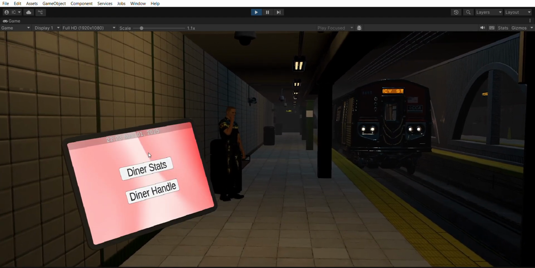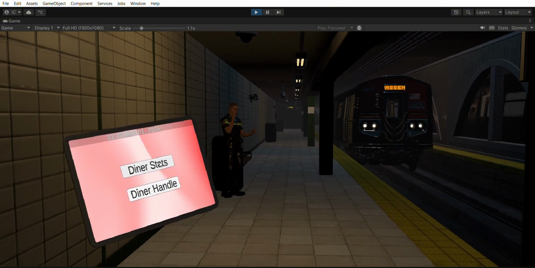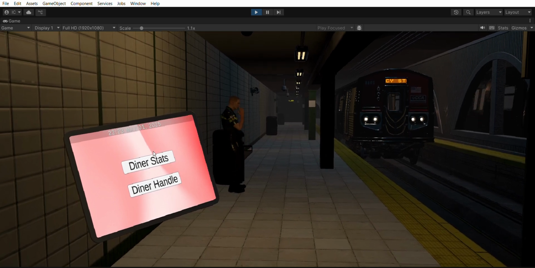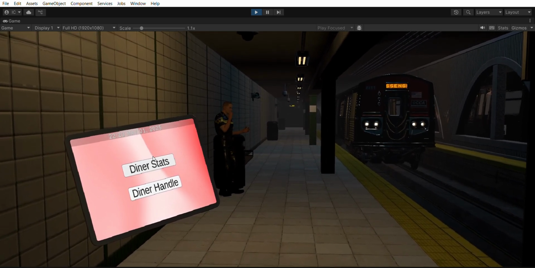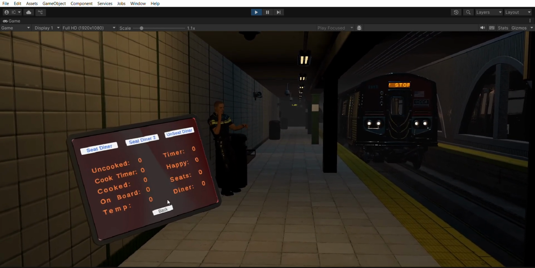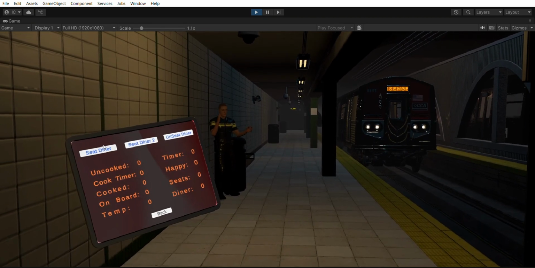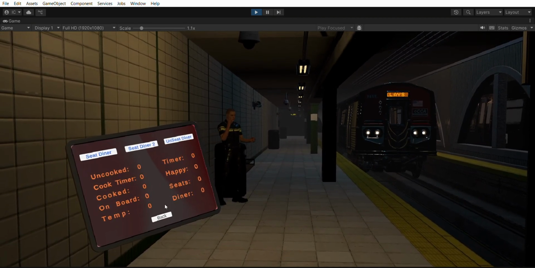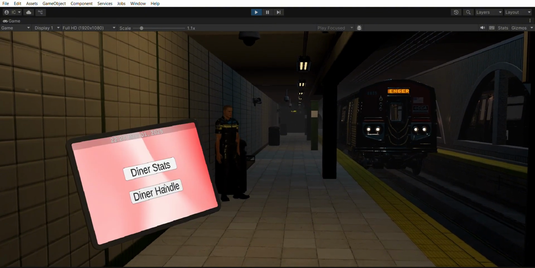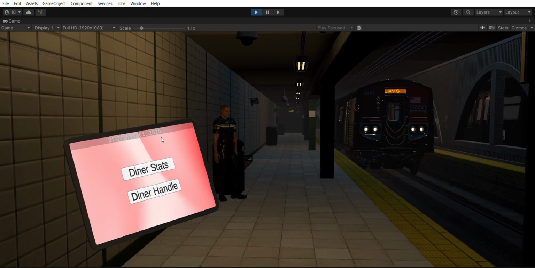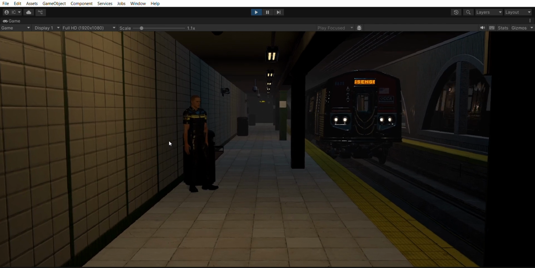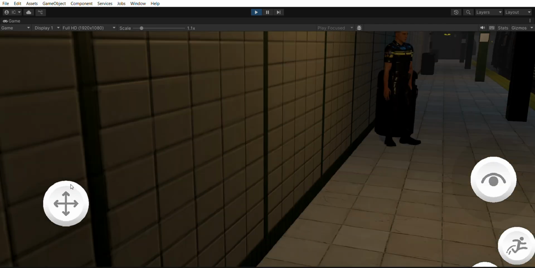I used the F1 button to toggle the active and inactive state of the in-game iPad object, which will show the current date and time. It has two buttons, the Dyna status button, which is used to handle the diners of the cafe, which is required in the coursework as in the last tutorial. F1 is used to toggle the visibility of the in-game iPad. F2 is for the visibility of the in-game UI controls,